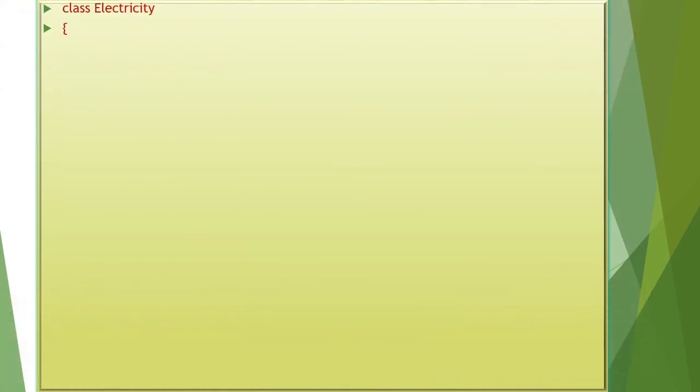Now we will discuss the program of electricity bill calculation. The electricity bill calculation is a program based on slab-based calculation. The class name is electricity, opening brace, and the function name given here is calc bill, long Cn. Cn is the variable for storing the consumer number, that is of long type. Int PMR. PMR is the variable for storing the previous meter reading, that is of int type. And int CMR. CMR is the variable for storing the current meter reading.